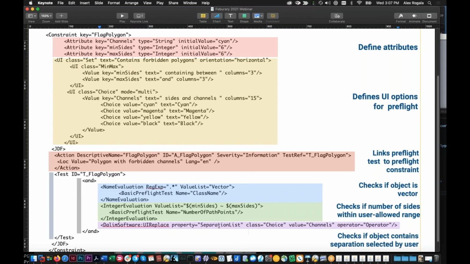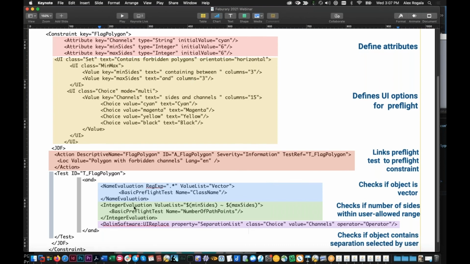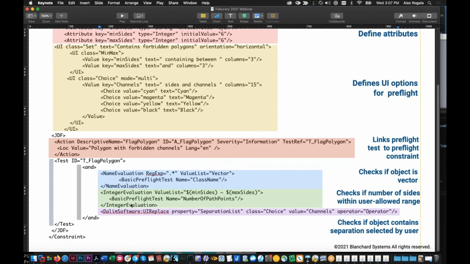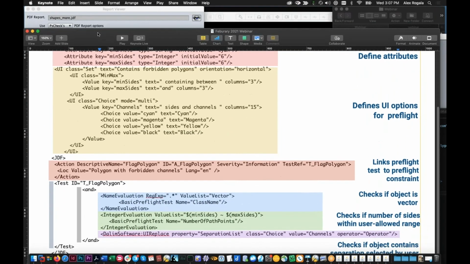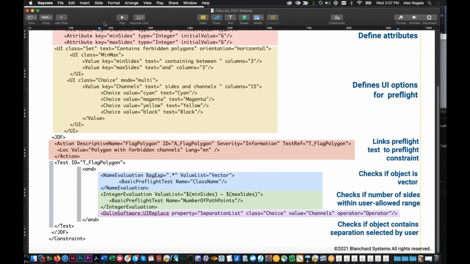That's the basic pre-flight test or the property I'm checking. So I'm saying if any of the channels selected by the user exist in the separation list, then flag it, it's a match. And if all three of these criteria are met, then the object gets flagged. So that's about the gist of this. I know that's a very basic setup